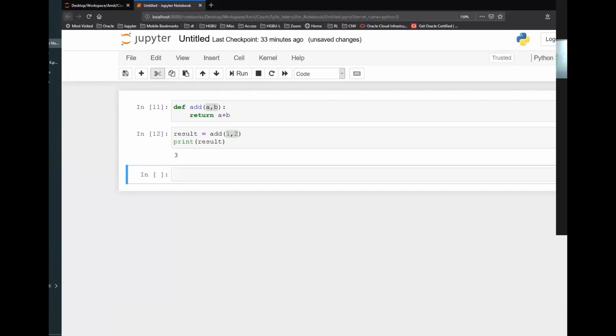Okay, how many returns can we take in a function? Just one return. The moment you say return, it will come out of your block. You can have a return, let's say 1, 2, 3, or something like this. So basically when I'm writing this, I'm saying return a tuple or return a list. This is fine, but there will be just one return statement and one return value.